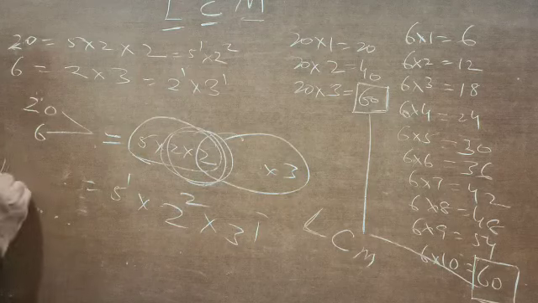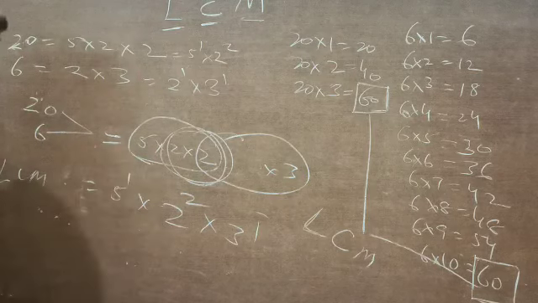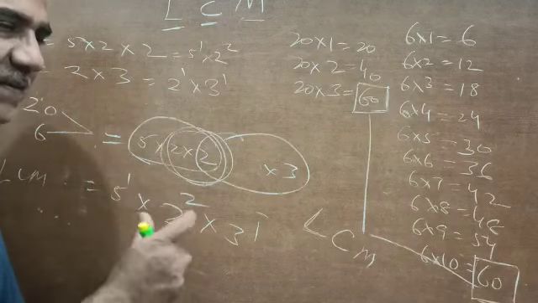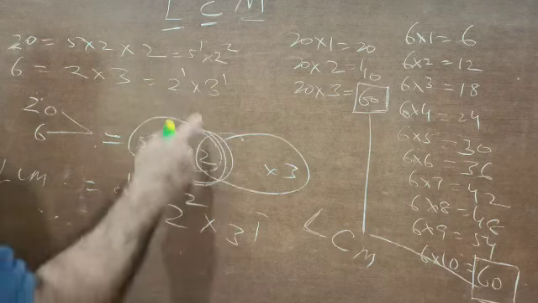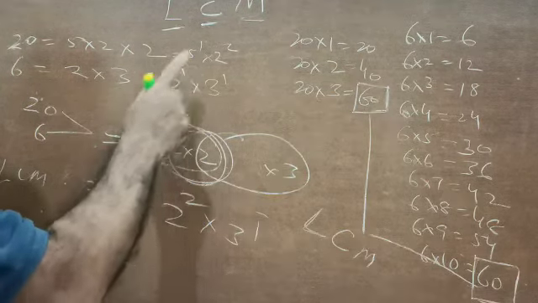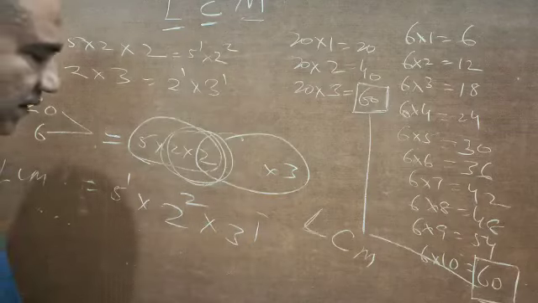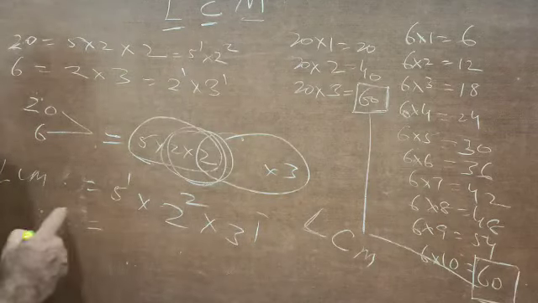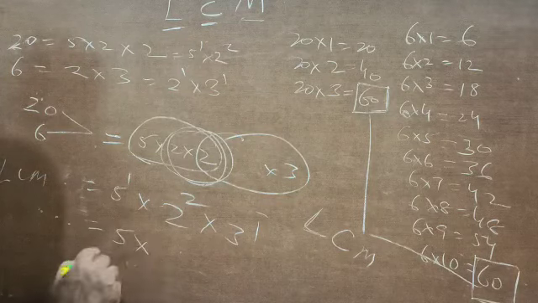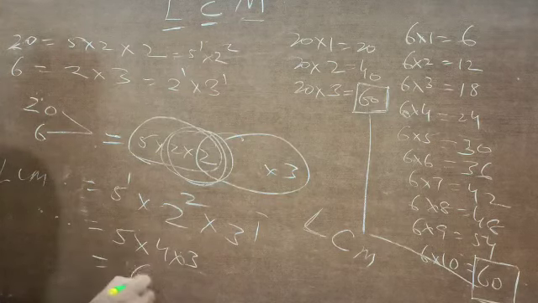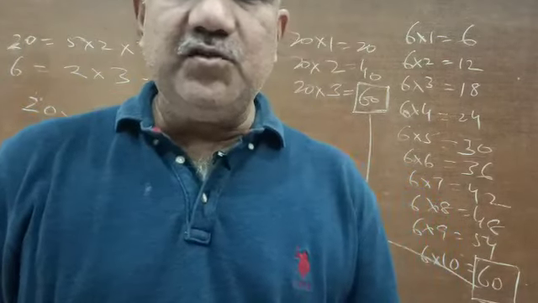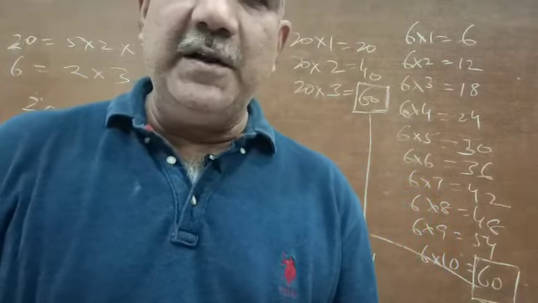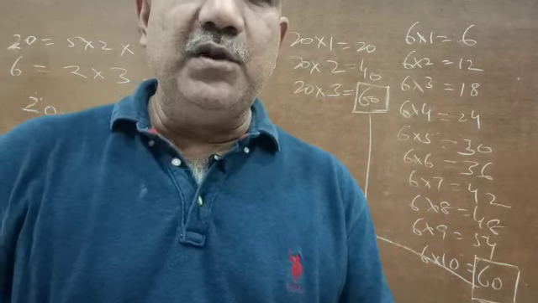that for finding LCM, write down all the factors whether they are common or not, and wherever the common factor is there, that factor you take once with the greatest power. So 5 is a factor, has been taken, 3 is a factor, has been taken, and 2 is a common factor, so that has been taken with the greatest power. So this is supposed to fetch you LCM. So it becomes again 5 into 4 into 3, and that is 60. So this was the process of how to find out LCM, what LCM is, least common multiple, how we have found a common multiple, and a common multiple was finally converted into the least common multiple.